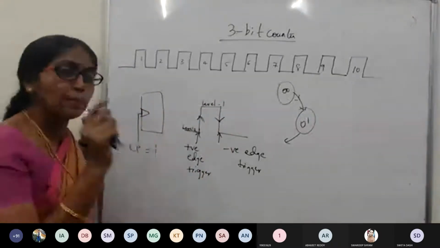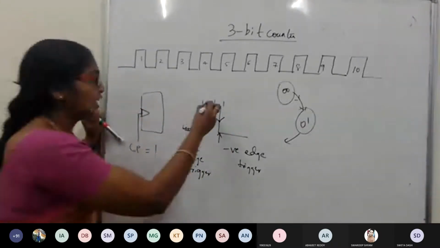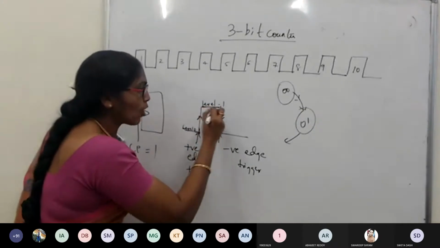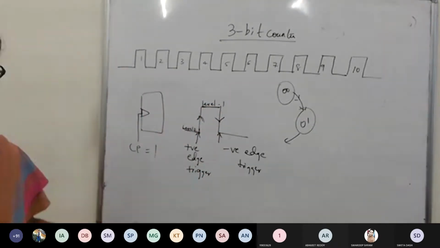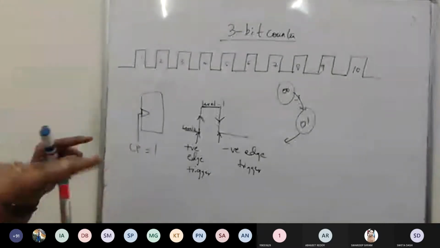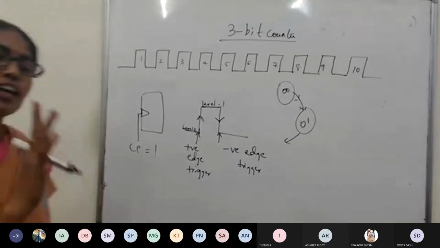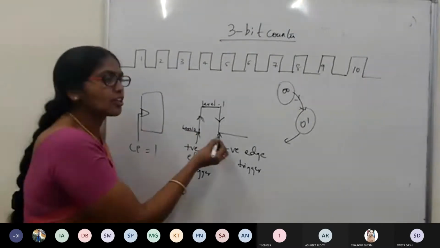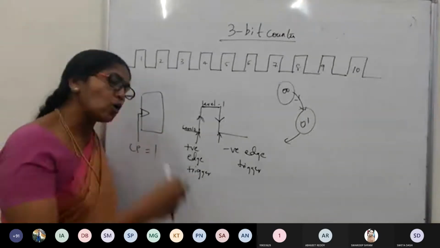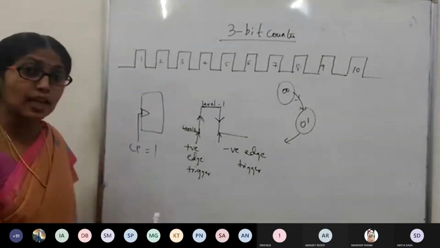The change of state should come. But there is a probability that at this flat level also the change of state can happen. Don't you agree? Once it reaches high, in the flat level also the change can happen, but it is very rarely used. Normally edge triggering is preferred, and most of the timing circuits,